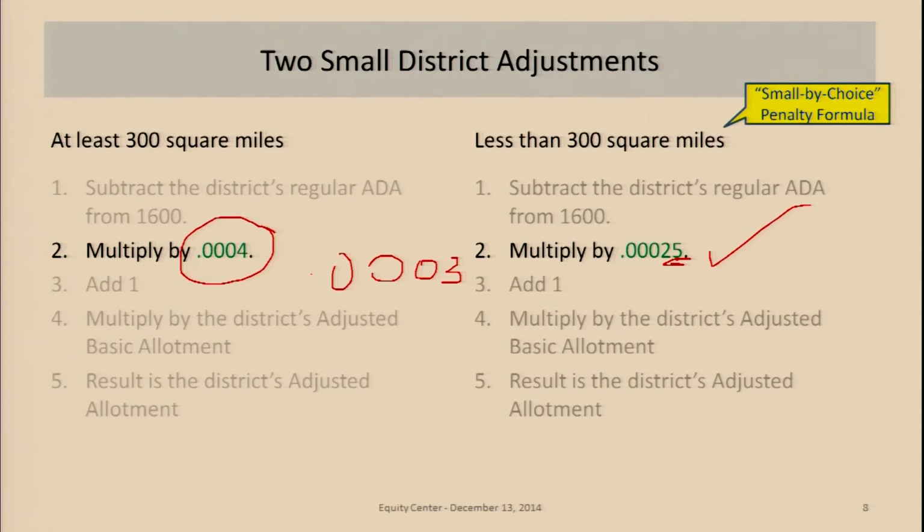And they talk about small by choice districts. Well, communities are not small by choice. They just are small by happenstance due to a number of factors. And they choose to have a local school. Now, at the time, there was a movement to try to stop that. And small communities would hold on to their school because generally when you lose your school, you lose your community. And it's very important to that community. They take a lot of pride in their school,